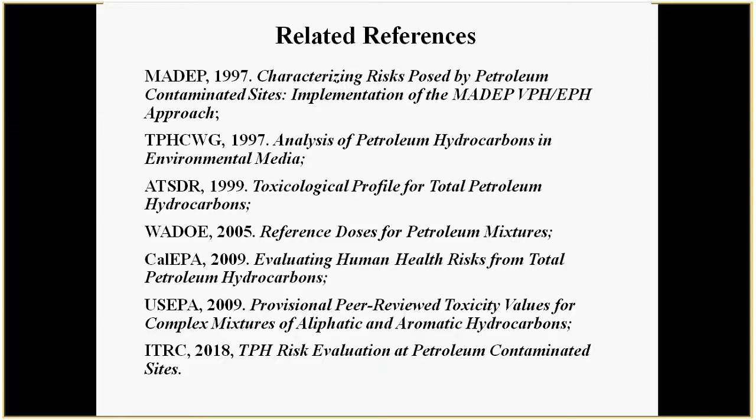These other references you see here all are reviews of toxicity factors proposed for different carbon ranges, which we'll look at in a minute, that collectively make up TPH. So there's been a lot of reviews of toxicity factors and fate and transport parameter values for carbon ranges, and for TPH in general, over the last 20 years. US EPA reviewed toxicity factors for carbon ranges in 2009 and includes those in their regional screening level guidance. We use those in our guidance. We might make some modifications to them based on these other publications.